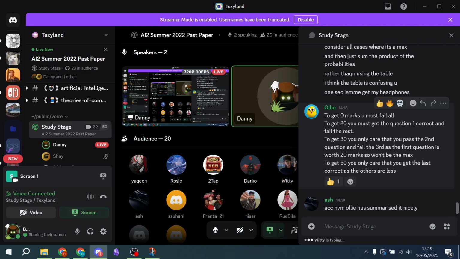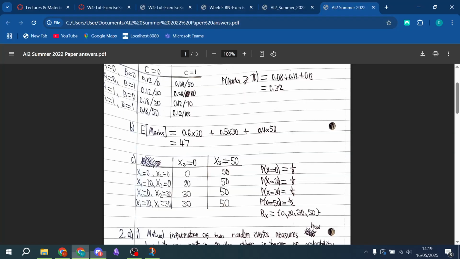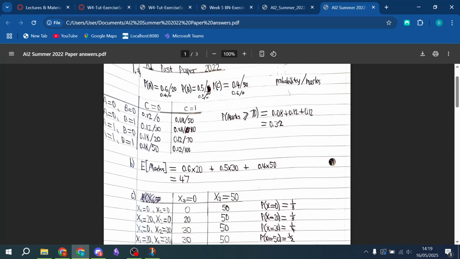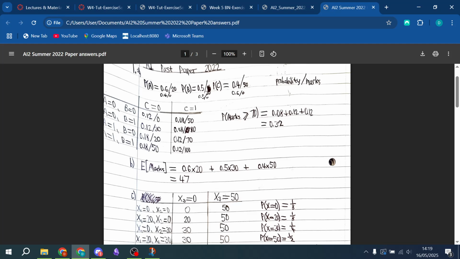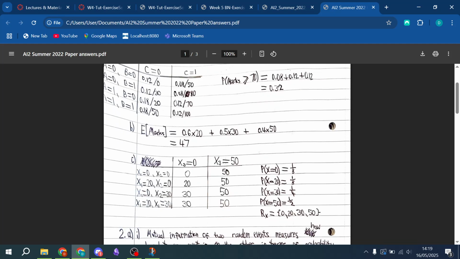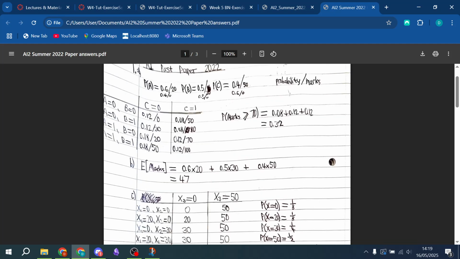Oh yeah, so the probability of getting 50 is literally just the probability of getting C correct. Yeah, I see. Right. And then the probability of getting 30 is just the probability of getting B correct, but not C. I think. Yeah, it's literally just the probability of getting B and not C, which is